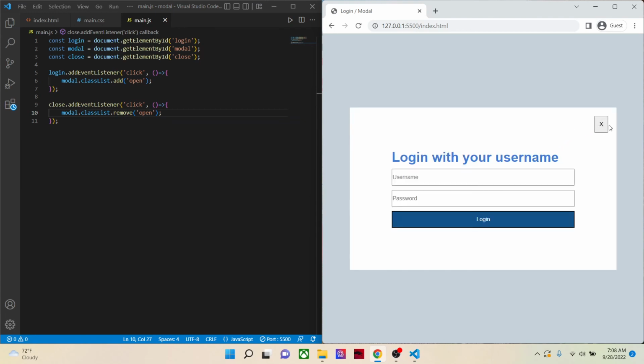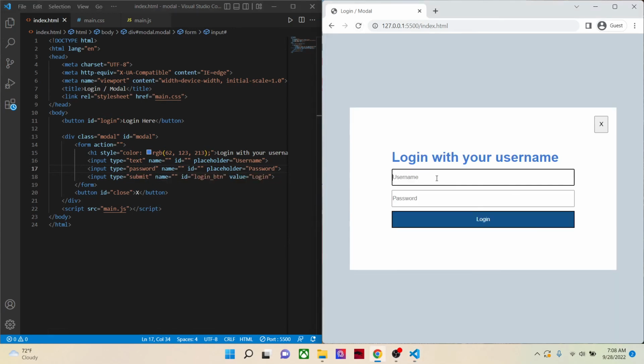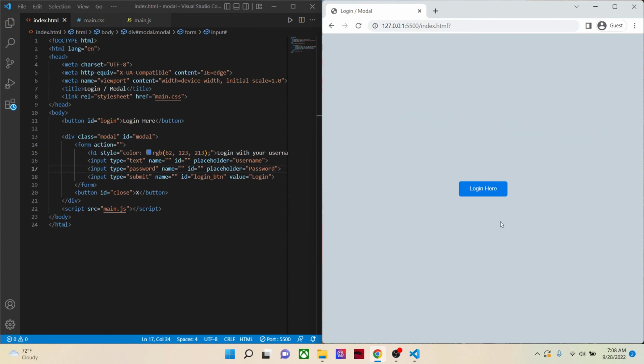So refresh, then close, open, login here, maybe put some username, then password. Oh, give it a type of password. So now target programmer, maybe my password, then login. Then the next page will